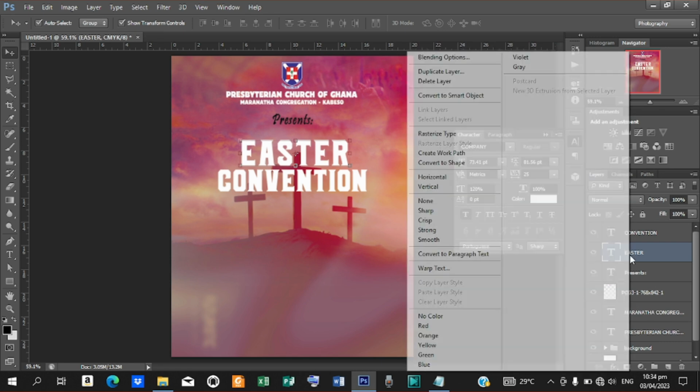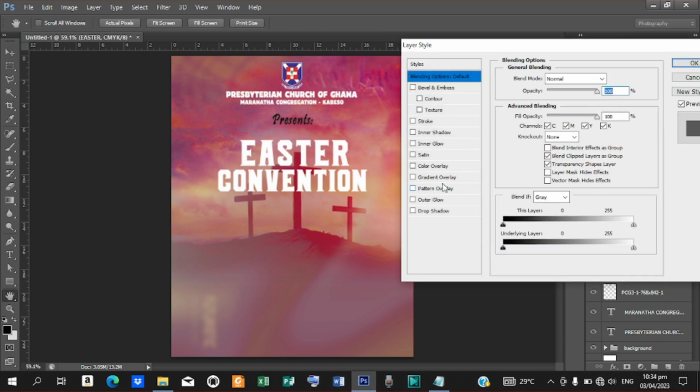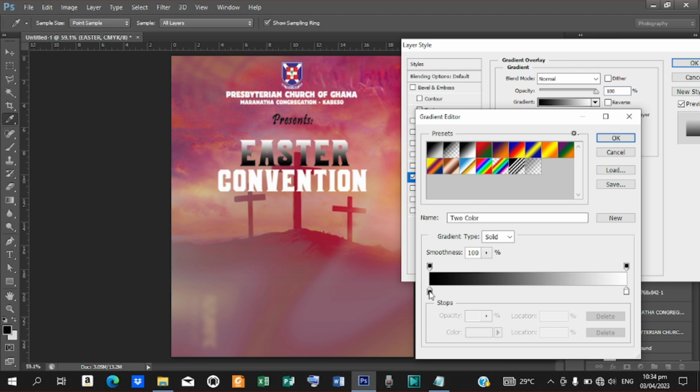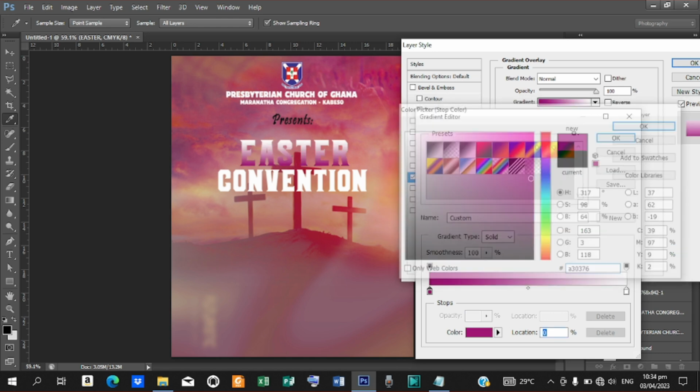Okay, right click on this, go to blending options, go to your gradient, and let's type in the color code A30376 and hit on OK,